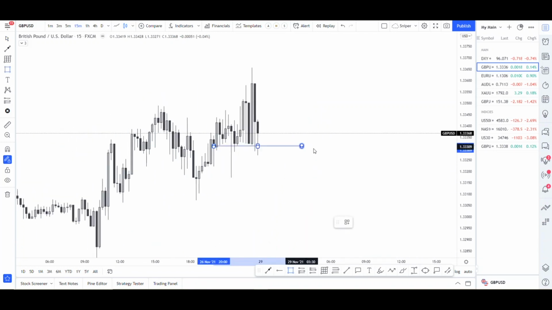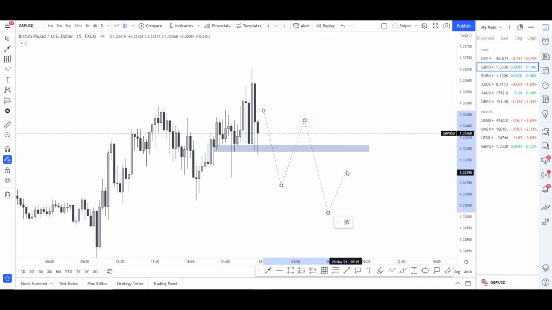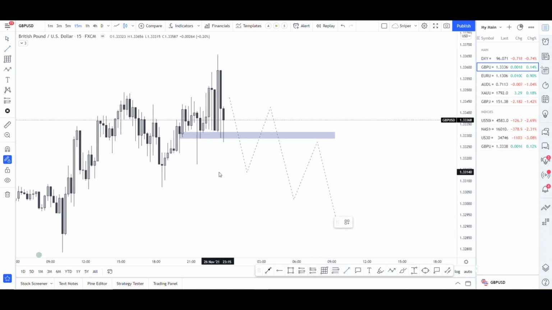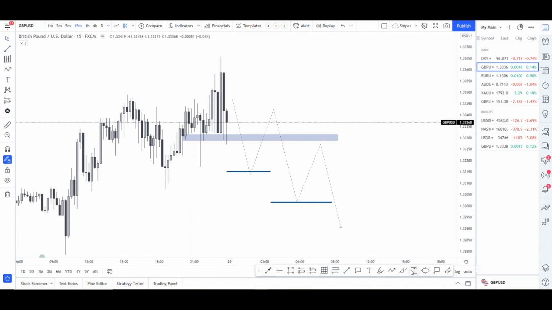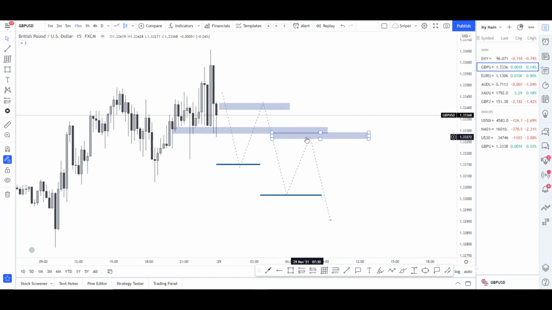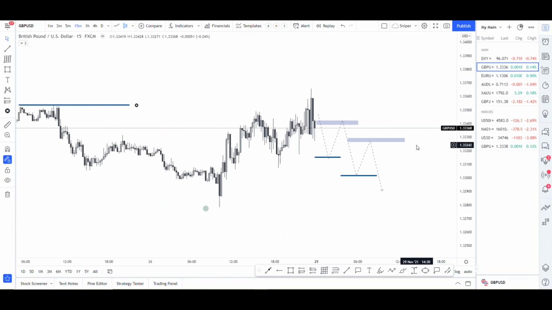So we need to see price breaking below structure. We need to see price creating new structure. So break below, create a new lower high, and then break below again, creating a lower low, creating a new lower high, and so on. So we need to see this type of behavior of the market for us to identify that price is going bearish still. And then it's obvious we just climb in on the trend and we try to capitalize on these order blocks where price returns to, and that is then how we will continue with shorts if price is willing to go short,